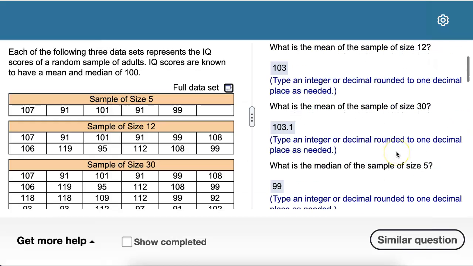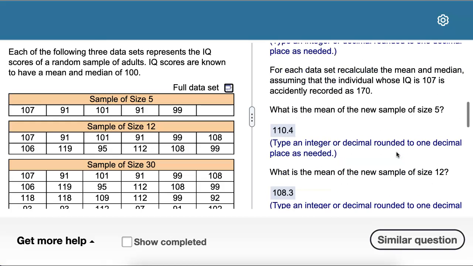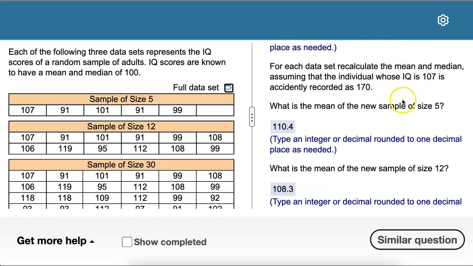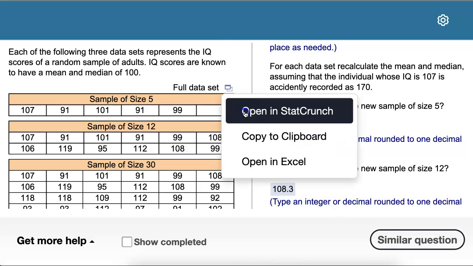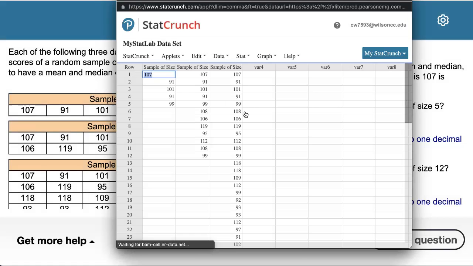So in the next phase of these problems, we were asked to recalculate the mean and the median, given that the 107 was mistyped or misrecorded as a 170. So let me go back. Actually, I'm going to just open it up again in StatCrunch. And here where I see 107, I'm going to type 170